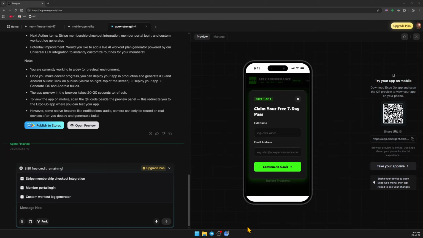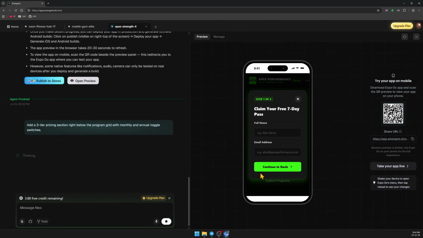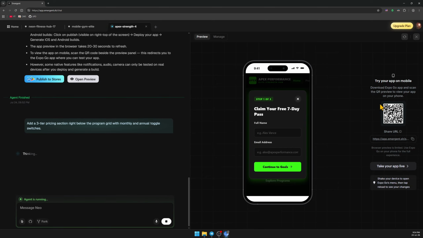So for example, type in something like this. Don't forget that I have 3.8 free credits remaining, and send. Right, and then Neo will process the update, write the new code, retest the app, and update your live preview